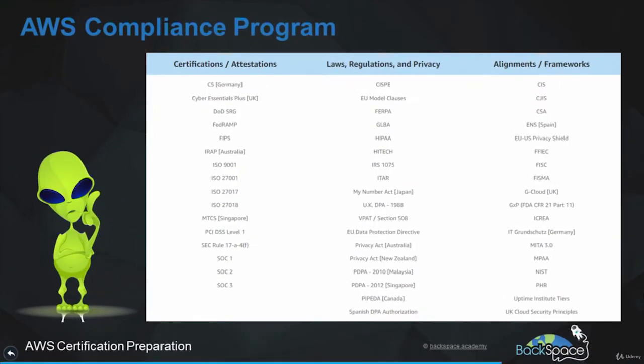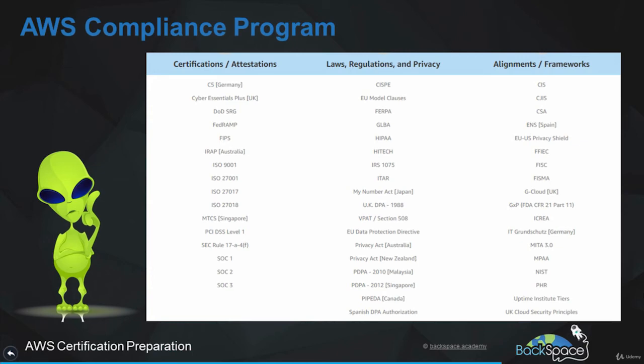AWS is certified and compliant to a very large amount of regulations, certifications, frameworks and the like that are out there. The big ones there, we can see that it is certified to Payment Card Industry Data Security Standard, which is a very good one. It's ISO 9001, as most major organisations are. So it's certified in that. It also provides services that can enable you to become certified in a standard, for example, HIPAA standard or GLBA for finance.